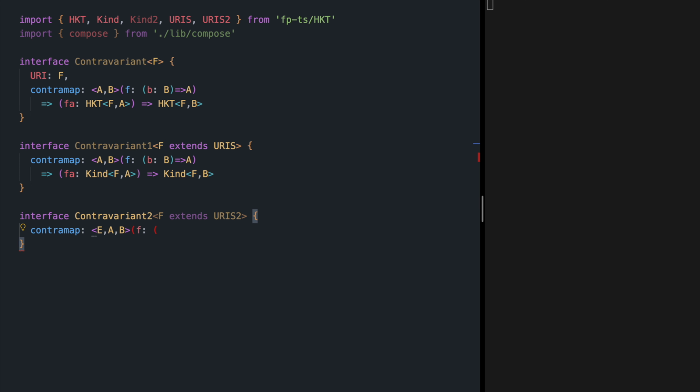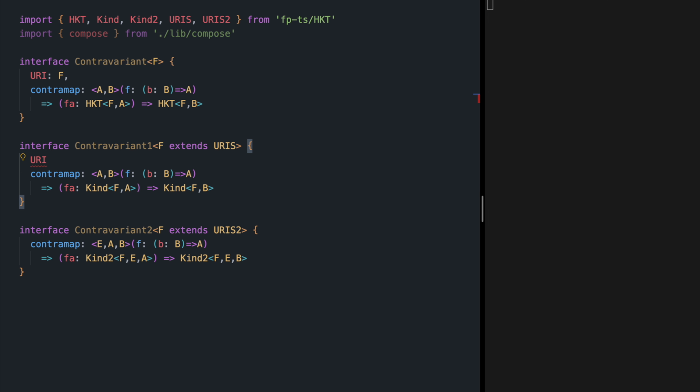F again receives B and returns A. And then this function receives FA, which is of kind 2, F E A, and returns kind 2, F E B. And we also don't forget about our URIs, so let's add them.